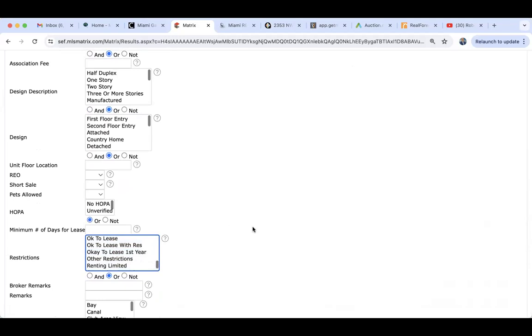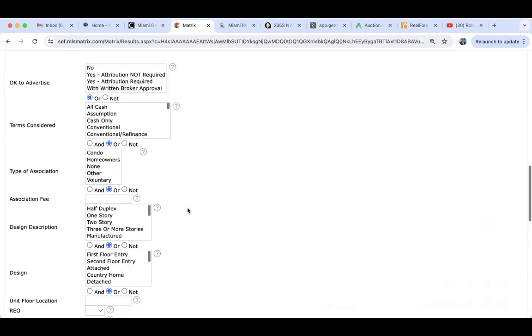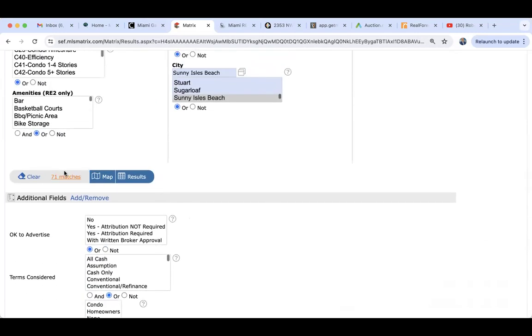Another thing, guys, for those of you that are interested in, let's say, Airbnb properties, there is no search criteria for Airbnb. However, you can always come to the remarks. I'm going to go ahead and put in between two asterisks, Airbnb, and then put another asterisk there. Now we've got 71 properties in Sunny Isles where the listing agent